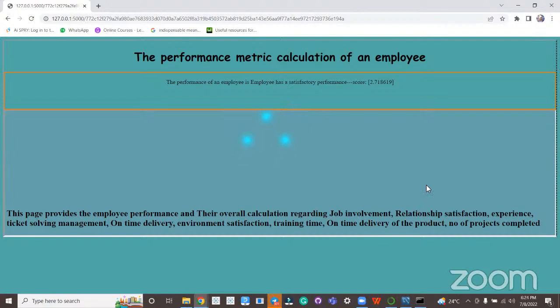The performance of the employee is satisfactory. The employee has satisfactory performance, 2.7 on a scale of 10. We cannot use negative words, so we said satisfactory. But this is an alarming situation. So we had to share this kind of information with the HR people, so the HR people using the system can take note of the performance of the particular employee, and these results are getting stored back